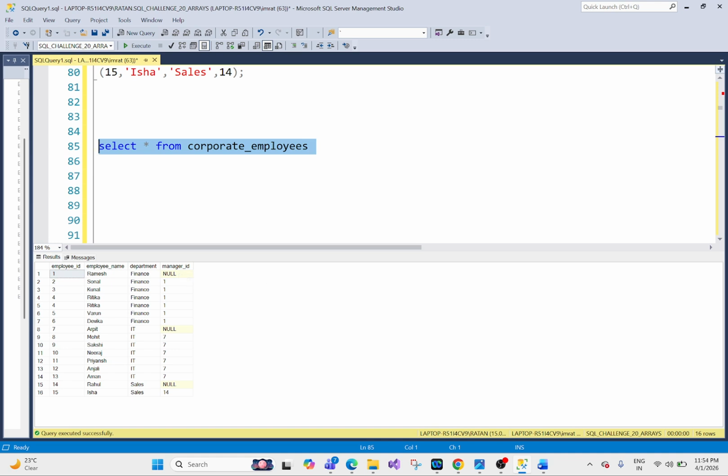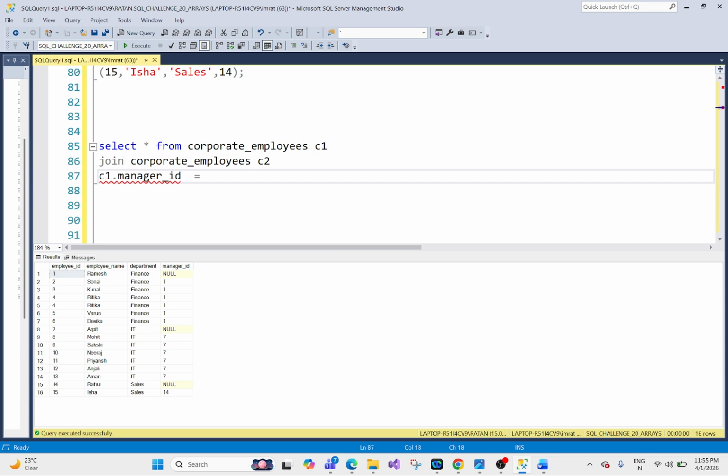So for that, we need to do the self join. Self join means joining the table with itself. So join, again we will write corporate employee and call it C2. We are joining a table with itself. So on C1 dot manager ID equal to C2 dot